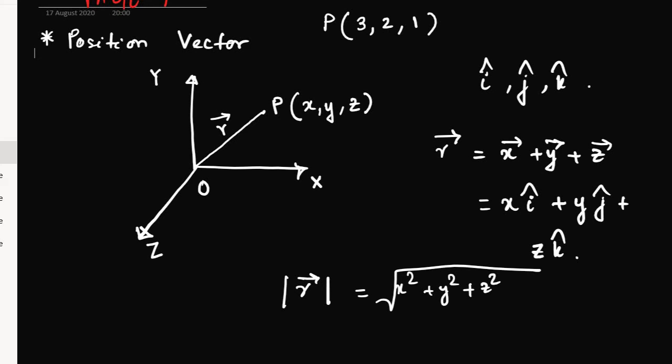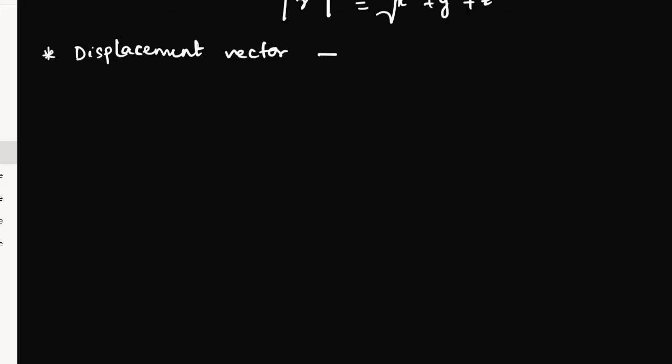Then I will go to displacement vector. When you are going to solve these river and man problem or swimming problem, rain and man problem, or any kind of problem dealing with vector quantities, you must understand position and displacement vector. So for that, again I am drawing a Cartesian coordinate in 3D. Okay. Now what I will do, as mentioned, it is a displacement vector. I will say that there is a point P where the body was at rest. Okay, let it be x1, y1 and z1 coordinates.